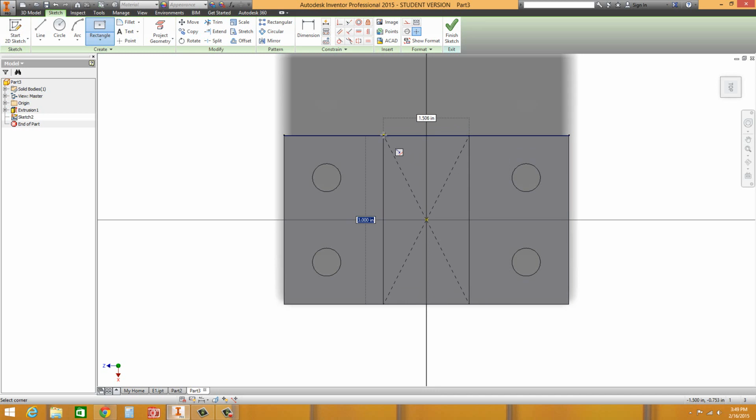Again, if you're not able to lock into that edge, remember you could go to the project tool up here and select that edge and it will project it. In this case, I'm able to do it. So I'm going to go ahead and click on that edge,